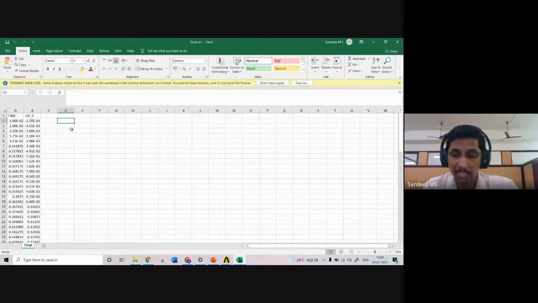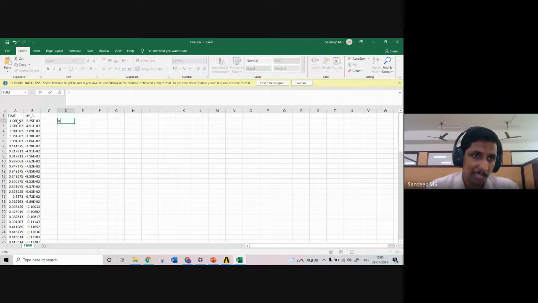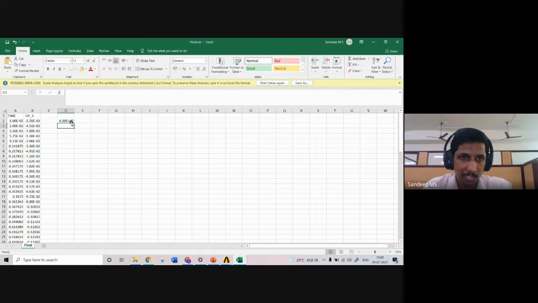So I have to convert this. First thing is, this will be the initial time step. So that time step multiplied by 600. That was the total load we will be applying in small steps. So each time multiplied by the final value will give the respective load which was applied at this particular time. So at this time it was just 6 kilonewton.